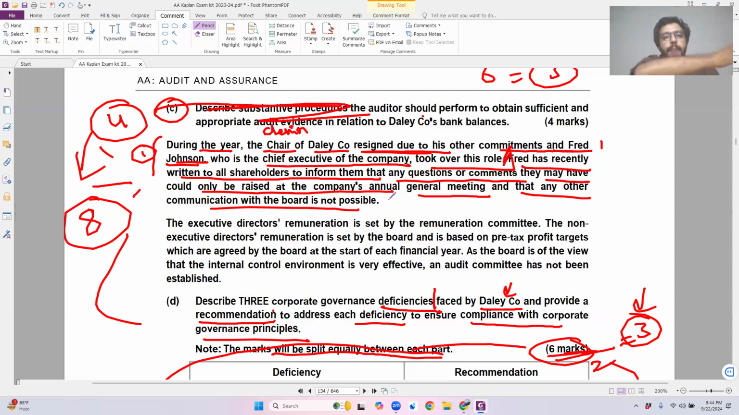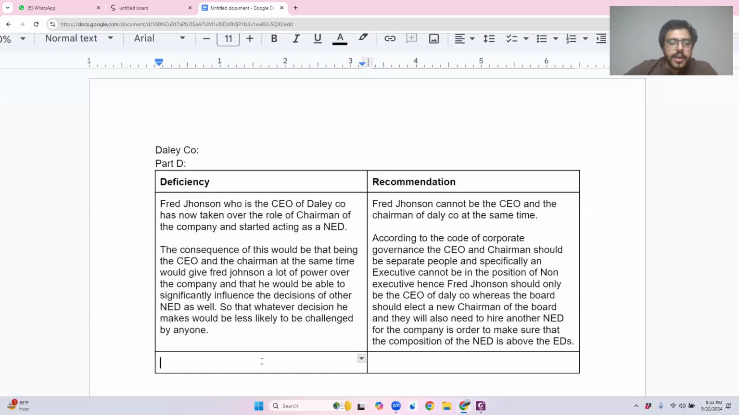Understood? Now let's come back and identify what the issue is. The issue is, Fred Johnson has given a letter sent to shareholders